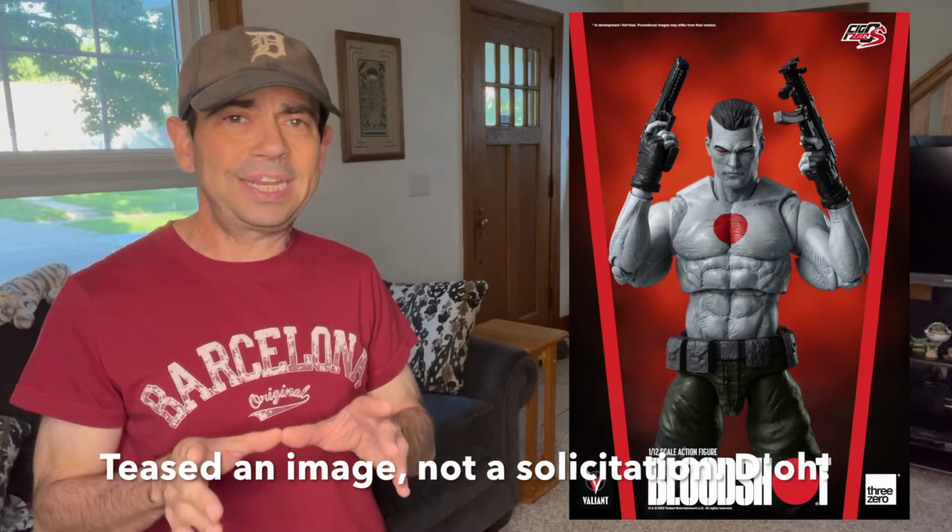Now, if you've been messing with these action figures for a while, you know that if it says 3-0, it's going to look good under the lights, and they recently solicited Bloodshot. Now, I don't have a whole lot of details or anything here. I just know it's 3-0, and I know that that means he's just going to look good under the lights. That's just how it is. That's what they do. They produce figures that kick butt. So you just have to find where your price range is, and if you find a 3-0 line that fits in that price range, you just buy it, basically,